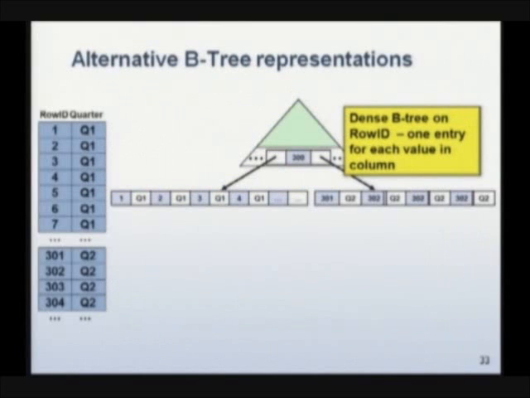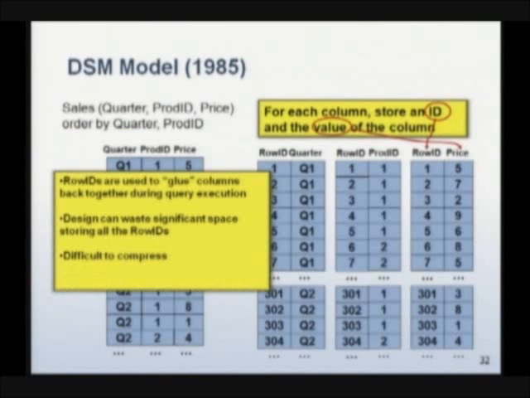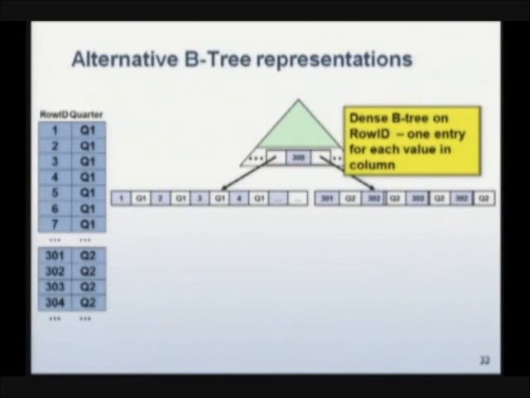Now, the implementation for this actually typically uses a Btree. So this is the logical view on the right here. But the physical representation, typically if you build a database system that uses this storage model, is a Btree built on those row IDs. So here I've shown one of the columns, the column for quarter, in its actual real representation, which would be with an index. So we have row ID 1, quarter 1, row ID 2,